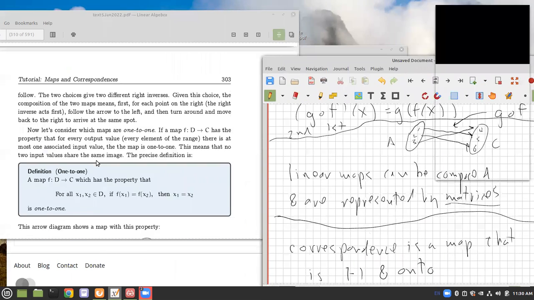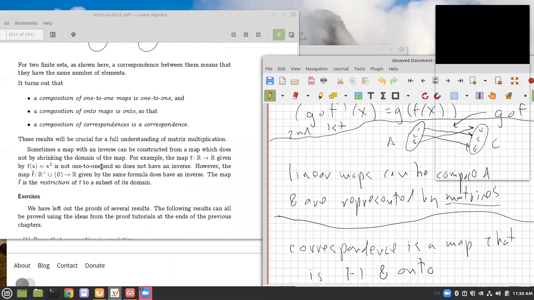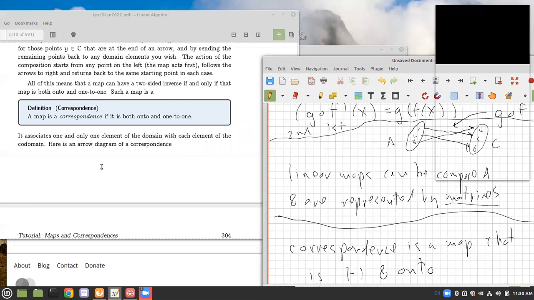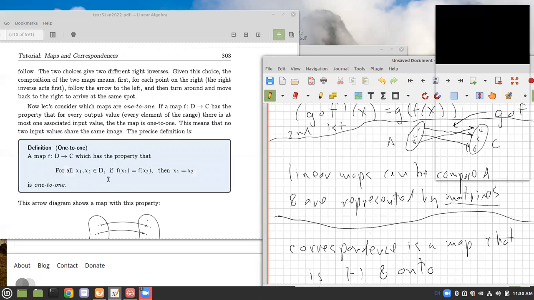Okay, so there's those two properties, the correspondence, and then each of these properties, one-to-one has a formal definition